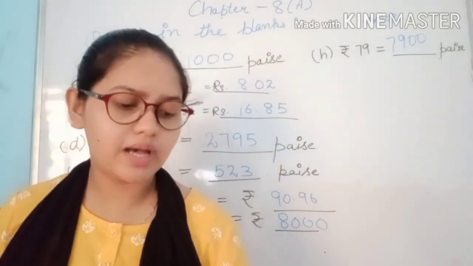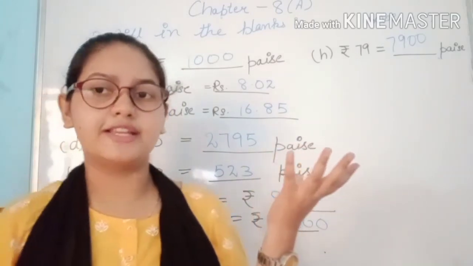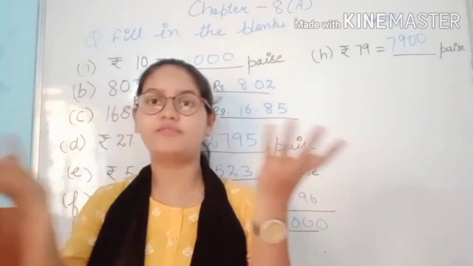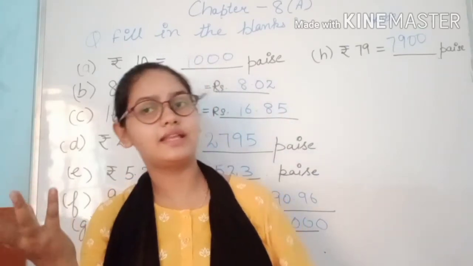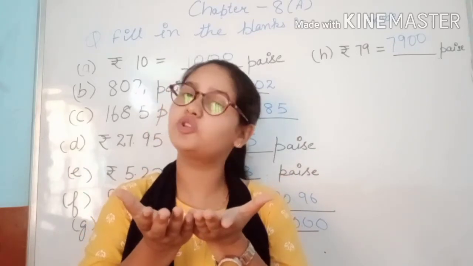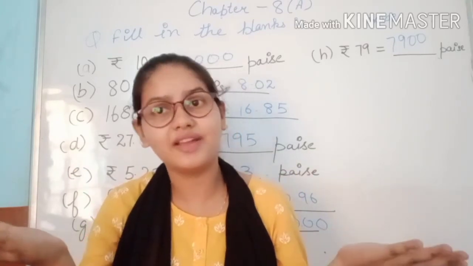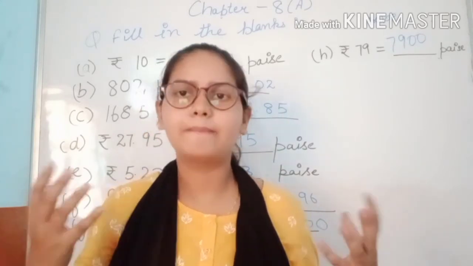Now let's do some addition in the money. If we have 10 rupees and if we have 20 rupees and when we add it, it becomes 30, and we have 100 and on the other hand we have 200. When we put them together, it becomes 300, right? So how will we convert it? Let's do this by the addition.